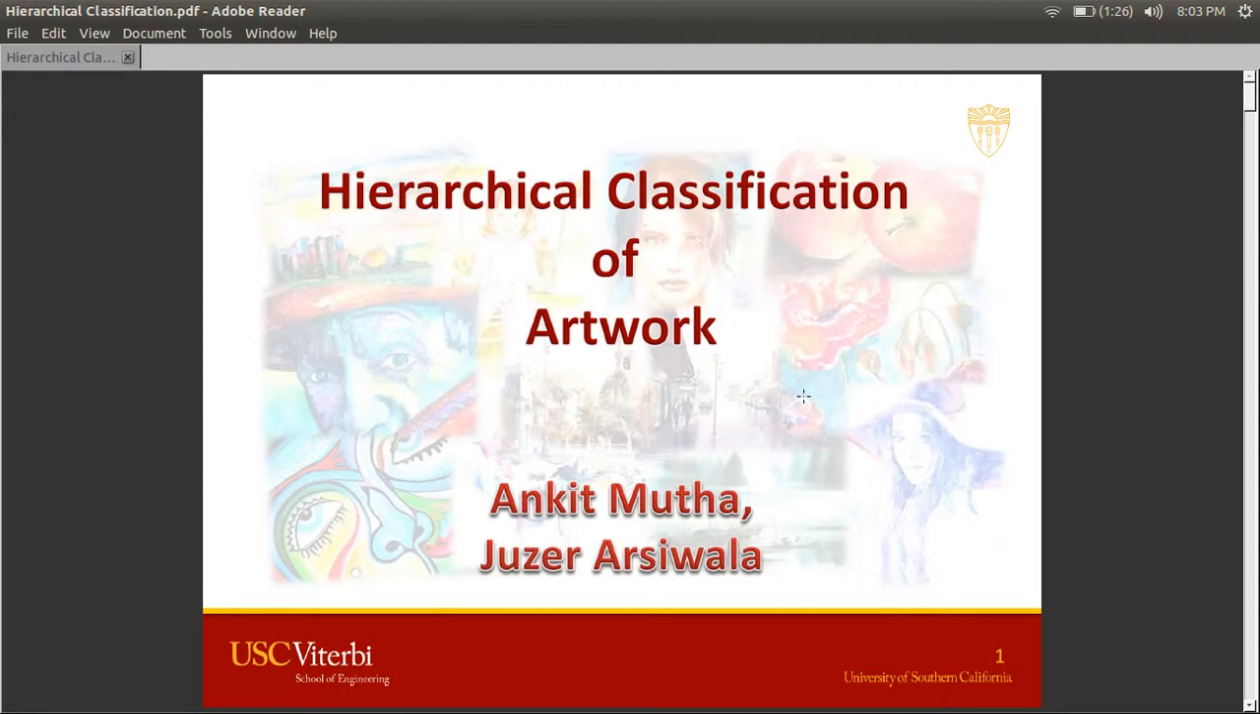We've created a project called Hierarchical Classification of Artwork. The theme of this project is to organize data. Data around the web is unorganized, and each website follows its own classification. So we are targeting museums like the LACMA museum website or the Norton Simon museum website, which have their own classification